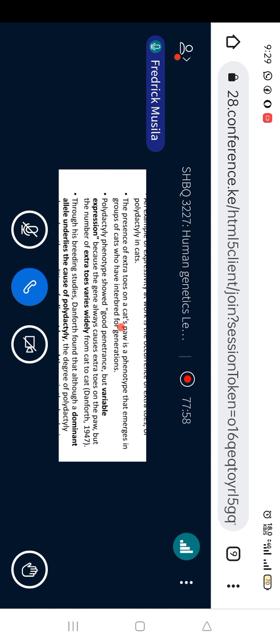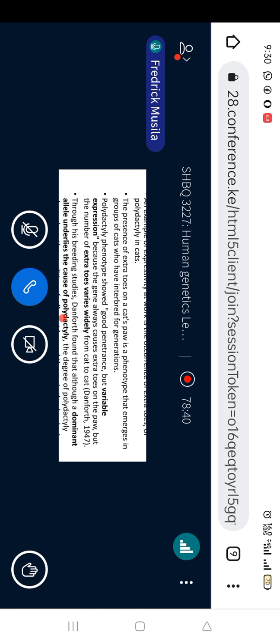The presence of extra toes on a cat paw is a phenotype that emerges in groups of cats that have been inbred for generations. In this research, the polydactyly, or extra toes, phenotype showed good penetrance but variable expression, because the gene always causes extra toes on the paws, but the number of extra toes varies widely. A cat can have 5, another can have 6, another one 7, etc. The experimenter found that although the dominant allele underlies